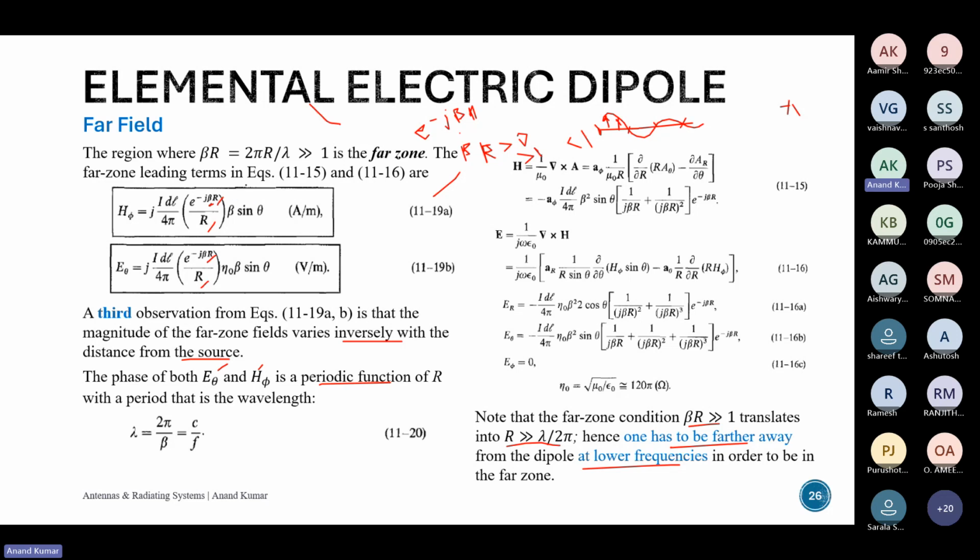Now in the near field... okay, again I'm stuck with this. I'll try to phrase what I'm trying to say better, but if it is greater than 1 or less than 1, the nature of this exponential will change. Maybe I'll plot the function and show it to you in the next class. So this has something to do with this exponential term over here, Ramesh. I think that's a fair enough answer for right now. I'll do better in the next class.